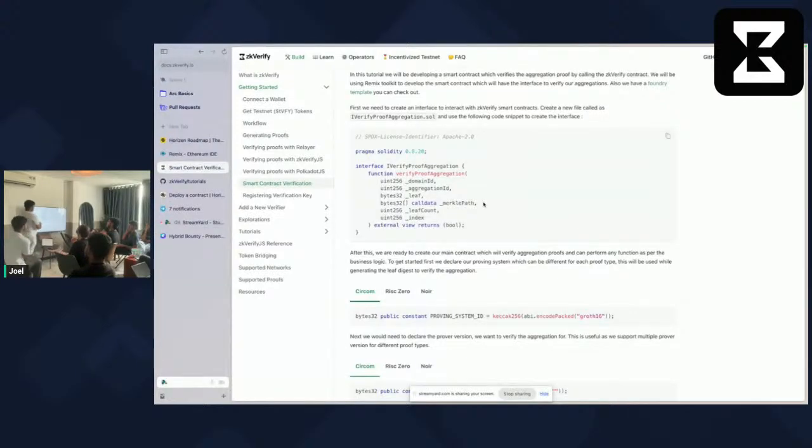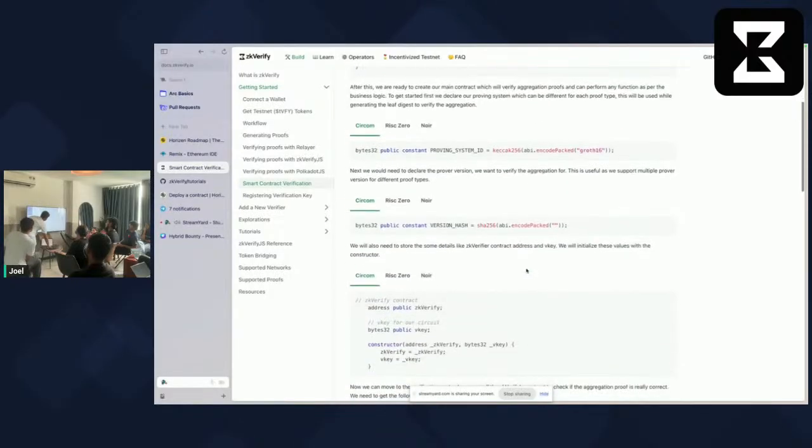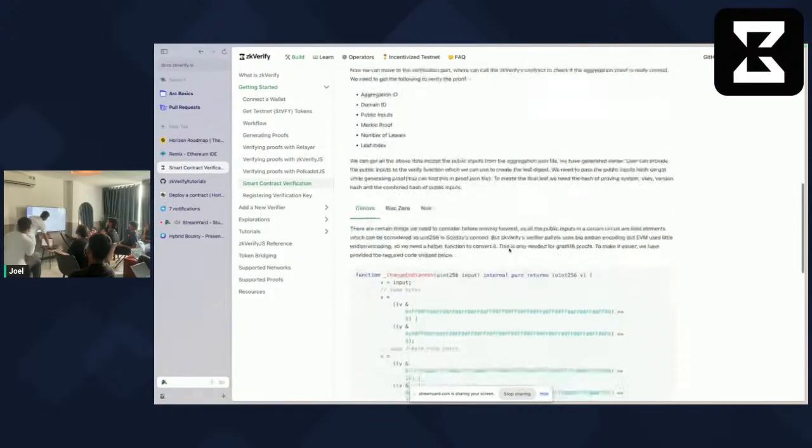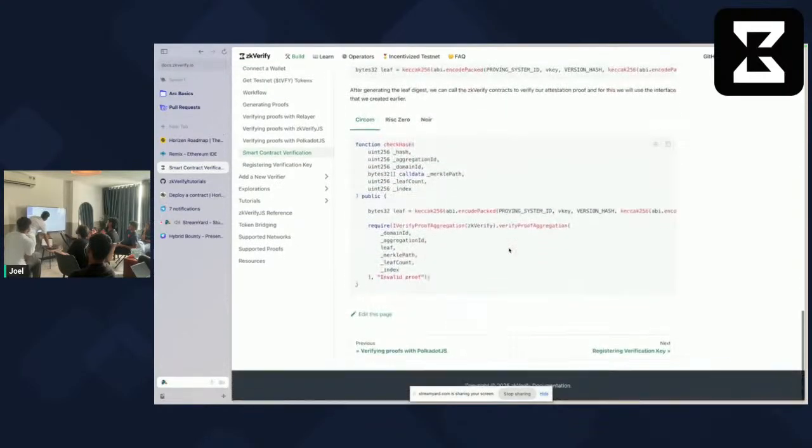You just need to call this verify proof aggregation function and pass all those details which we got in the aggregation file that you saw, and it will return true or false. A few considerations you have to make here: to make your smart contract foolproof, you should natively calculate the